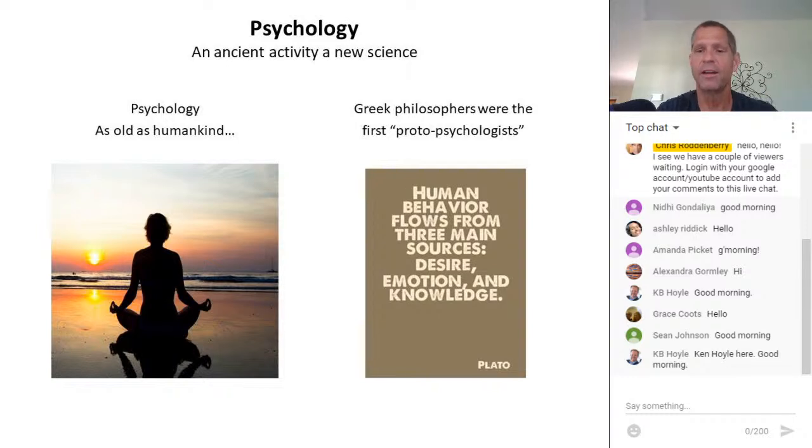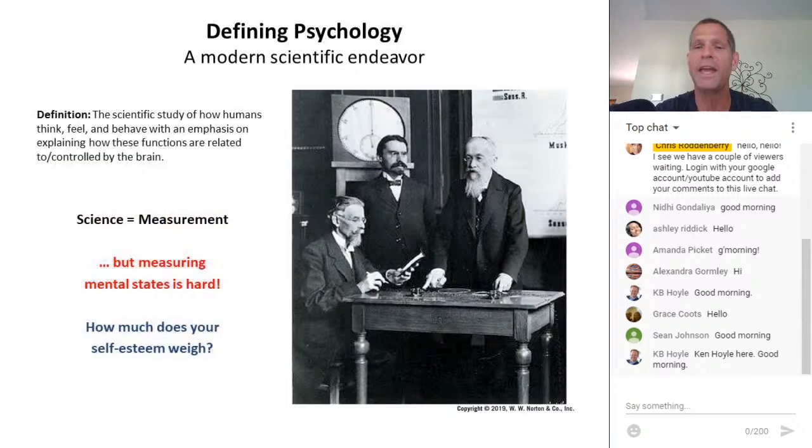and they're going to call them the proto-psychologists, right? Here's the deal, though. Psychology is not just thinking about the mind, but it's something else, too. It's about measuring the mind. So while psychology is probably one of the oldest thoughtful endeavors in the world, it's one of the newer sciences in the world.